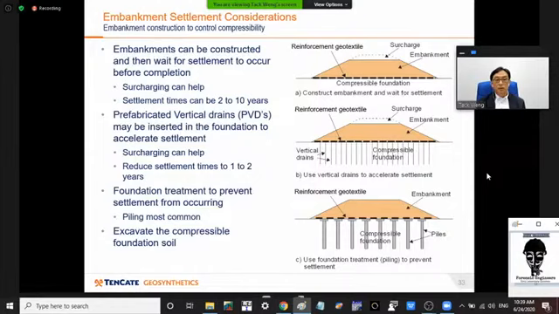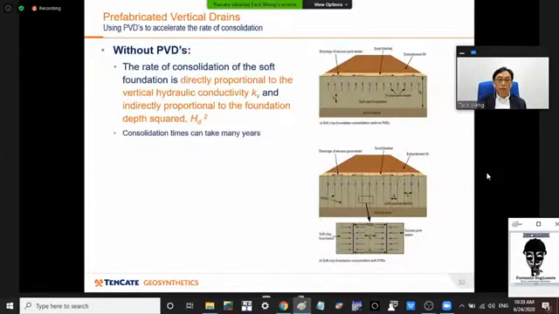And lastly, if you can't wait even a few months, then a pile embankment solution is the way to go, because what the pile does is it carries the load of the embankment and then transfers it to stronger layers, below the soft soil layers. And of course, there's also always the option of excavating away the poor soil, but that can only be done if it is thin enough.